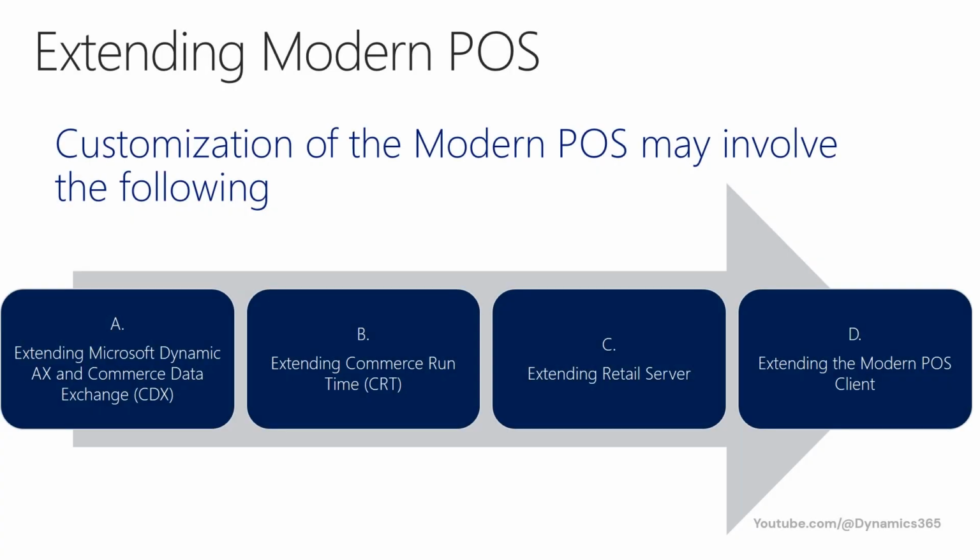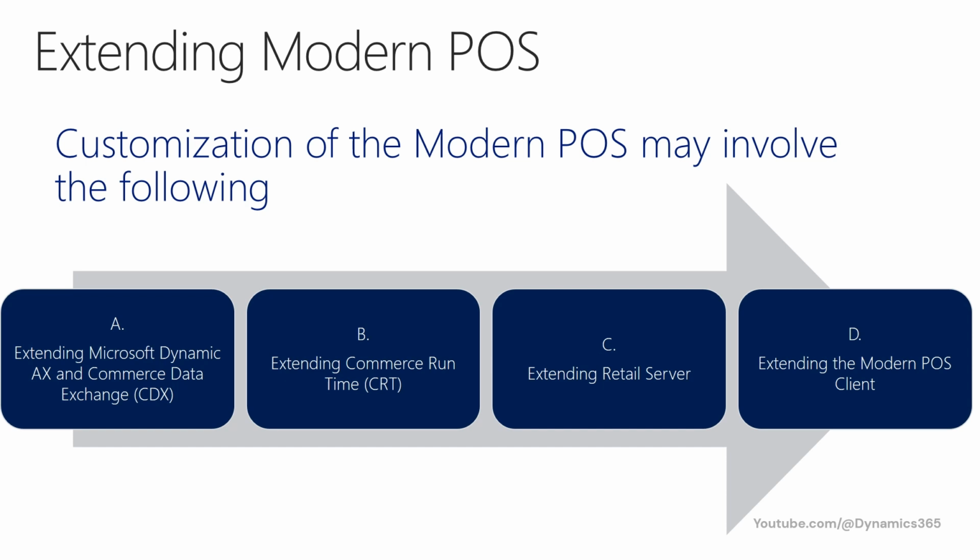The modern POS system behavior can be customized in several ways. For example, modifying the information that is made available to modern POS by extending a commerce entity to include a new column from the Microsoft Dynamics AX database. The new column in Commerce Runtime can then be used in a service and a workflow and exposed in the Commerce Runtime API. If the commerce entity is modified, the corresponding controller and metadata in retail server have to be